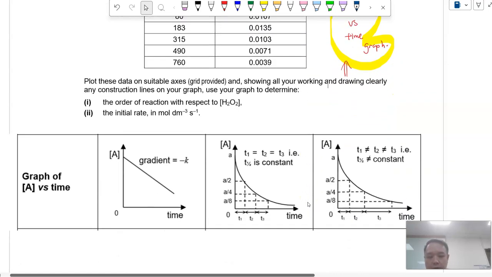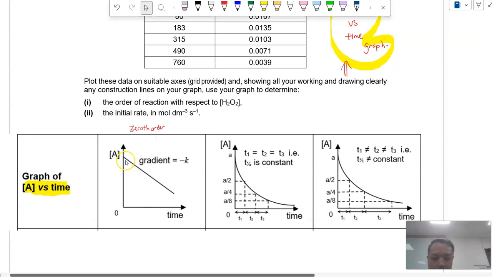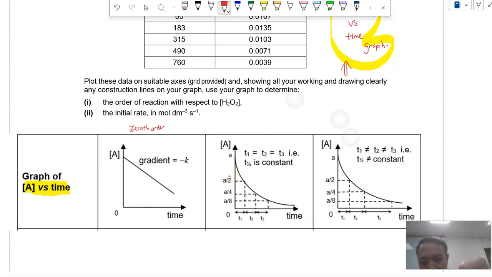So you recall in your summary of your kinetics, we say that if you plot concentration of reactant A against time, we can have 3 different graphs. For 0 order, you will get a straight line linear decay in which your concentrations of your H2O2 or A will decrease linearly with time. Okay, so if it's a first order,